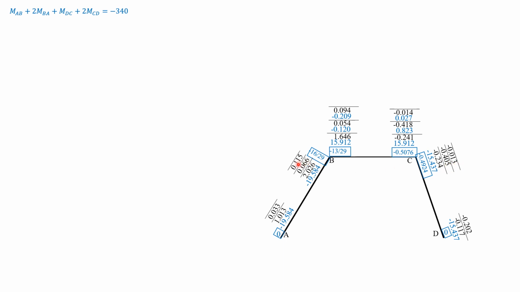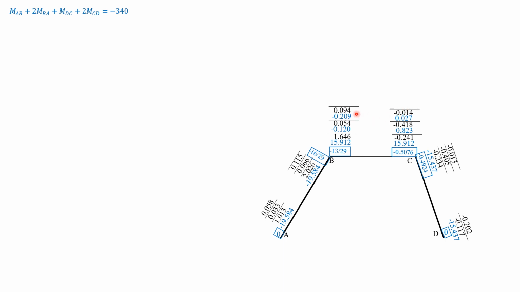Then carry over half of 0.115 here, 0.058. So supposedly we stop, we lock finally because these values are less than 0.1, but I just want to